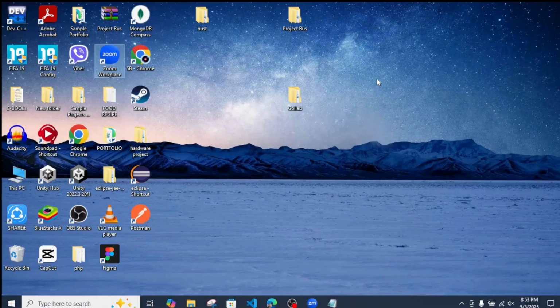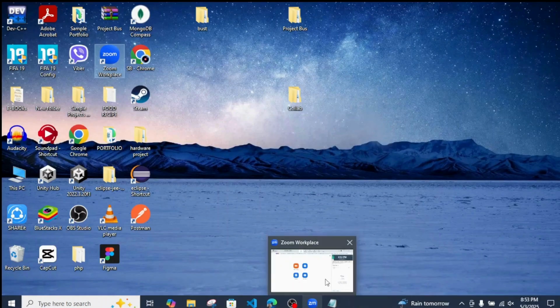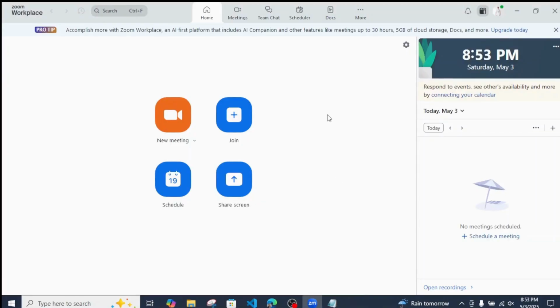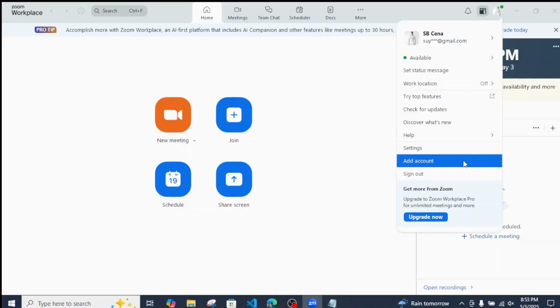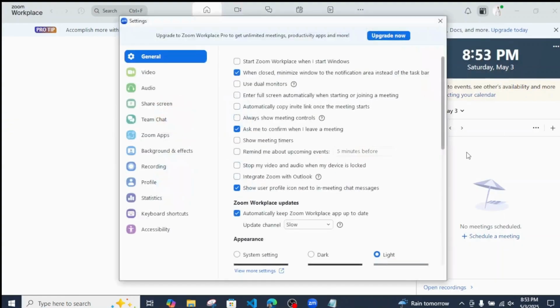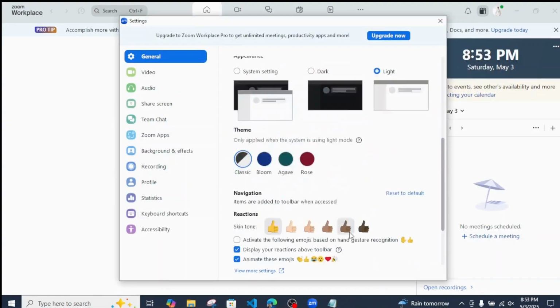In this video I'll be showing you how you can easily change your theme or appearances inside your Zoom application. So first thing, just head over to your Zoom application and make sure you are logged into your account. As you can see, I've already logged into my account, so I'll simply click on this profile icon at the top right corner and just select this settings option over here, and you can finally see there's an option called